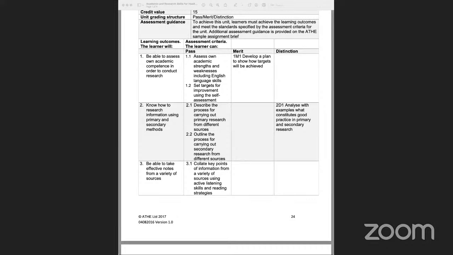Now, in the third learning outcome, we are going to be focused on understanding how do we take effective notes from a variety of sources. Now, one of the key things that we look at within the health and social care sector and people who work within this sector, when we talk about things like person-centered values, one of the key things that we need to look at